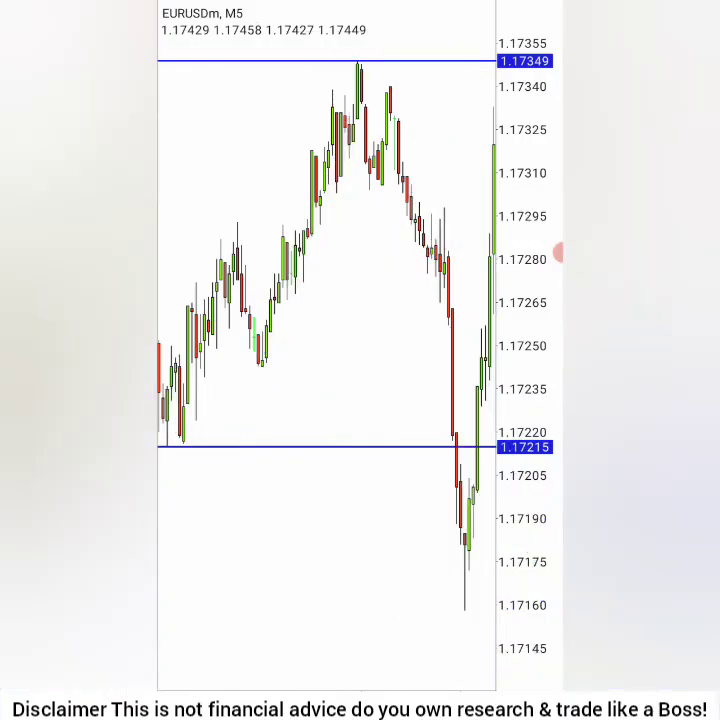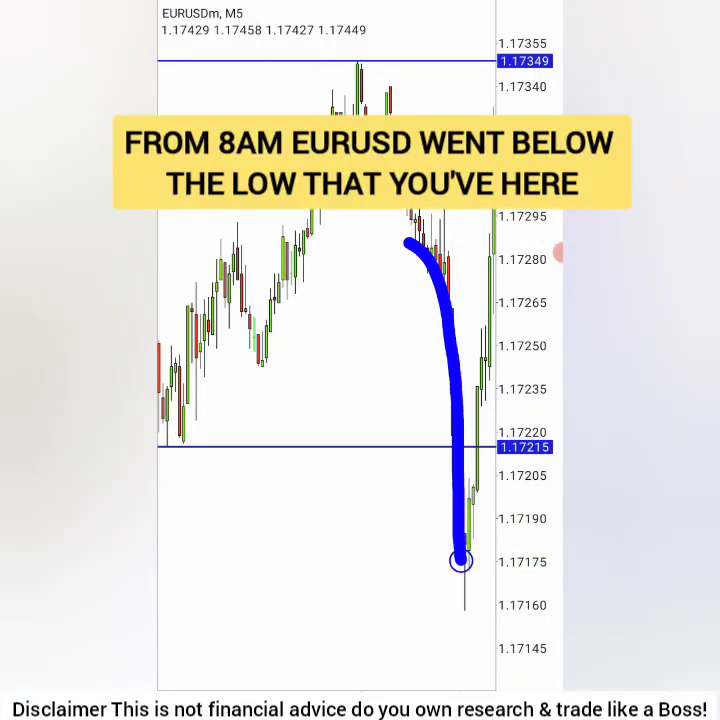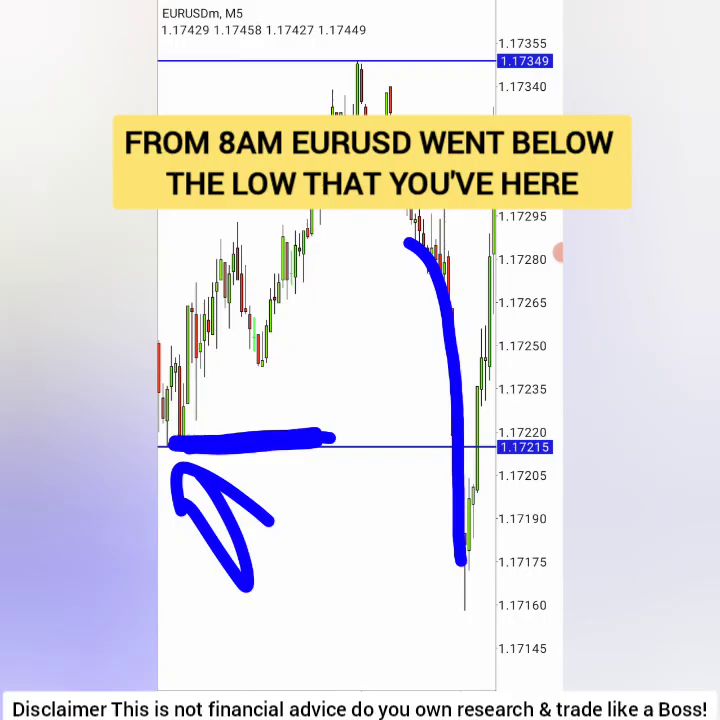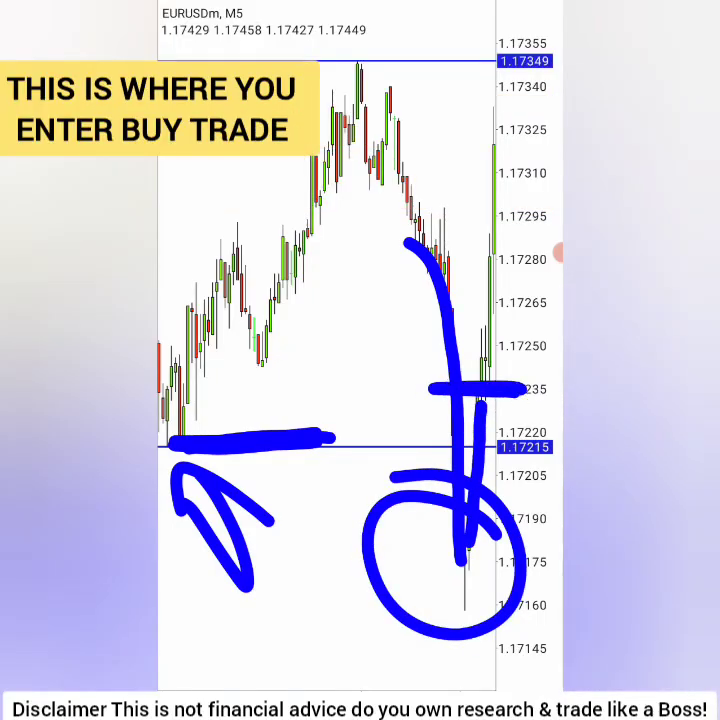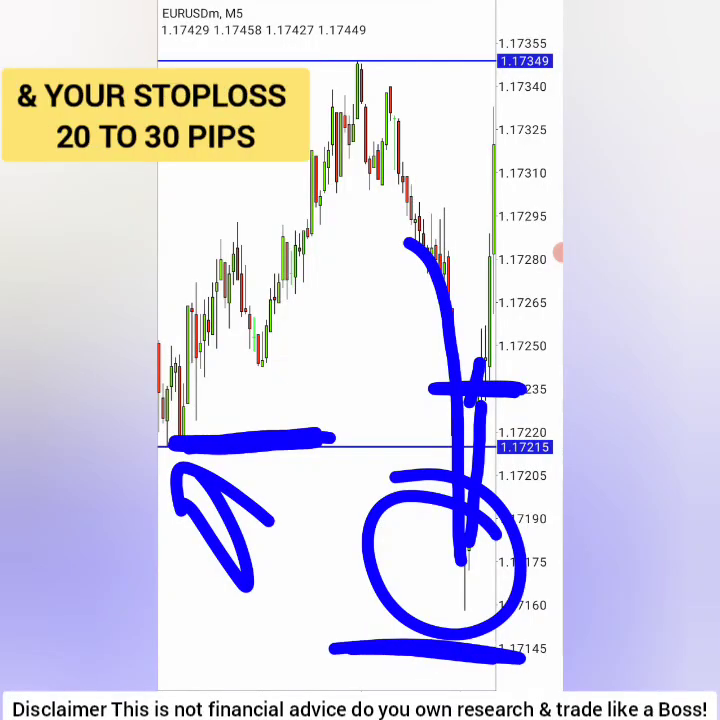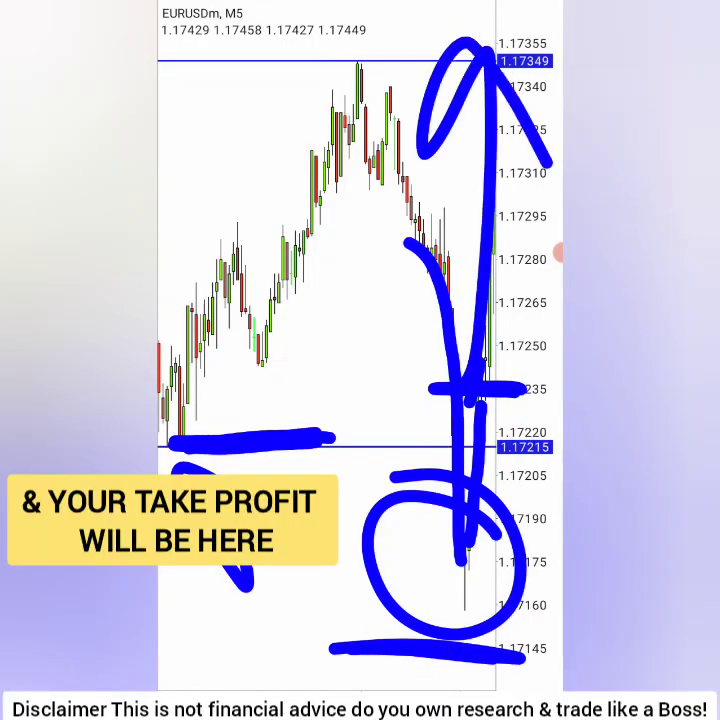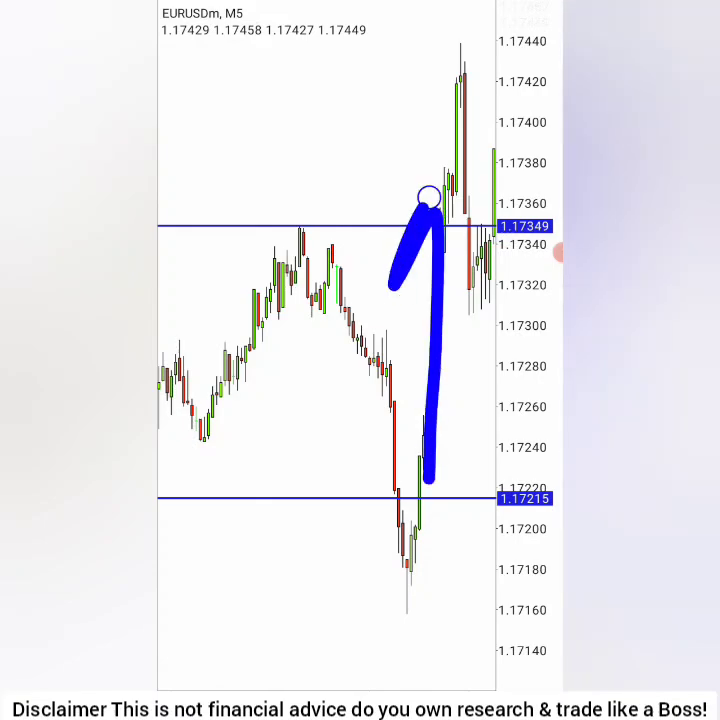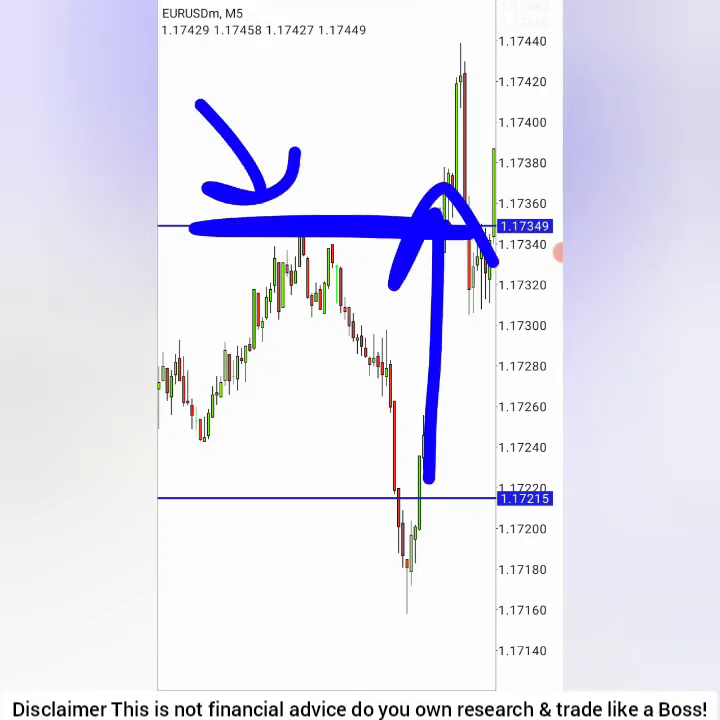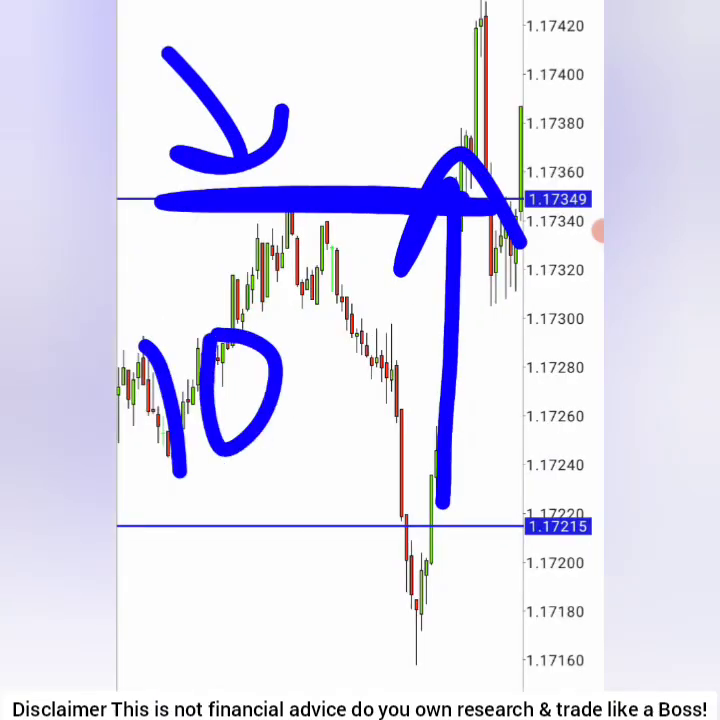So now look right here, from 8 a.m. Euro USD went below this low that you have right here, then rejected it and started to turn. This is where you enter your buy trade with your stop loss of 20 to 30 pips and your take profit will be right here. Now look what happened afterwards. Euro USD went up to take out this high, and by the time you get out of school,